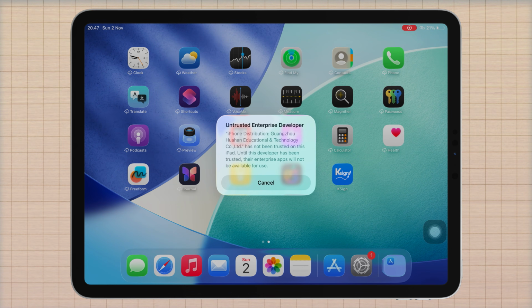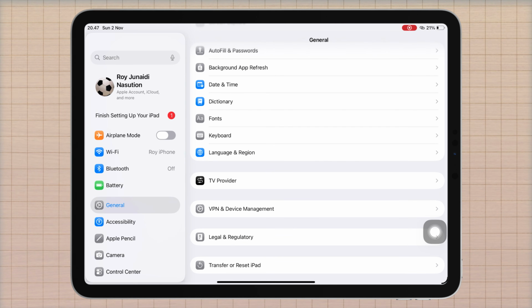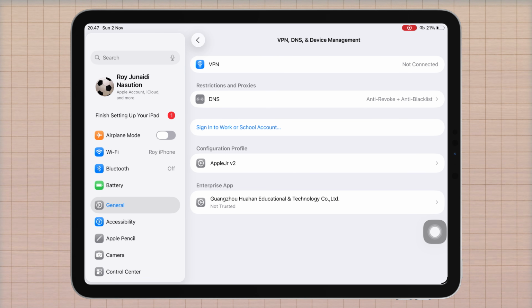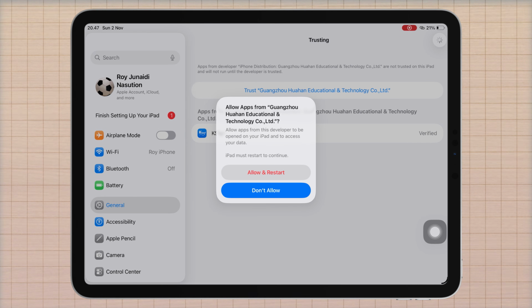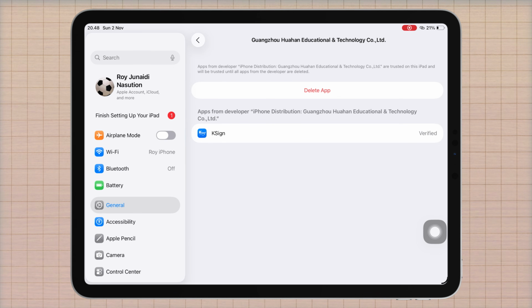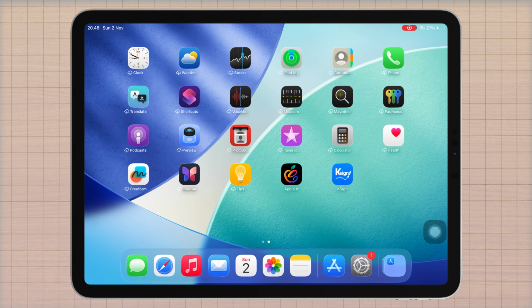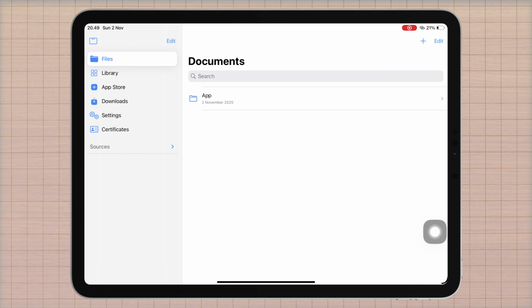Before opening it, make sure to verify the app by going to Settings, General, VPN and Device Management. Then tap your developer name or certificate and choose Trust. Now, Ksign is fully installed and ready to use. Now, on this new version of Ksign, you don't need to import any certificate manually because this version already includes